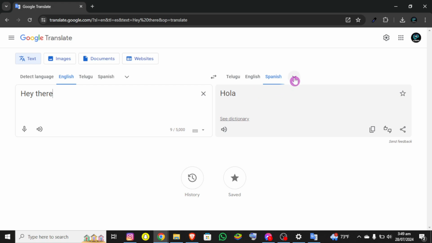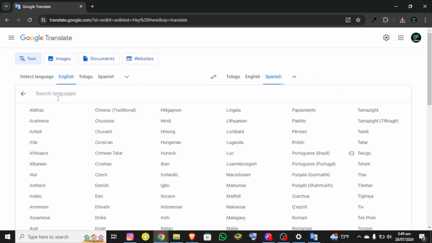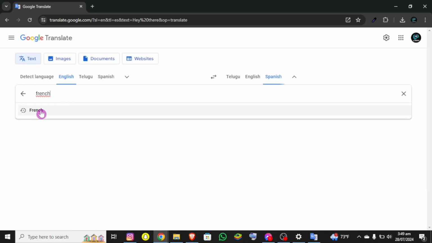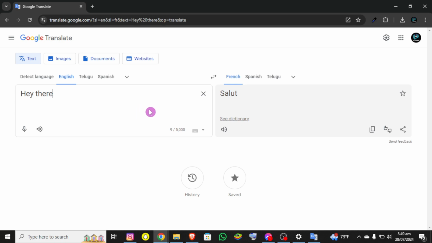So simply click on this drop down icon, and you simply need to search for French in here, because you can see there is a ton of languages in here. So let me search for French. Now let's click on this French, and you can see Google Translate has translated my English to